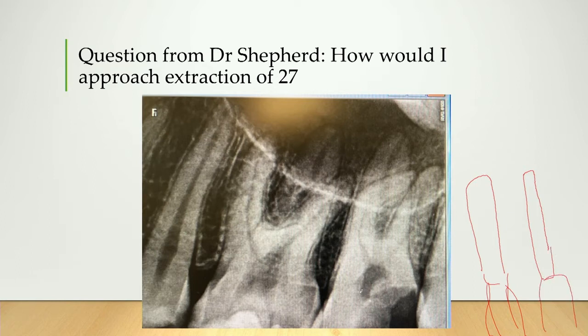Why? Because you're actually removing bone, and after you remove bone, you're going to put the luxator down and basically wedge it between the bone and the root to put enough pressure down here, for example, this is sectioned, right, to be able to rotate that root out. Luxators are,